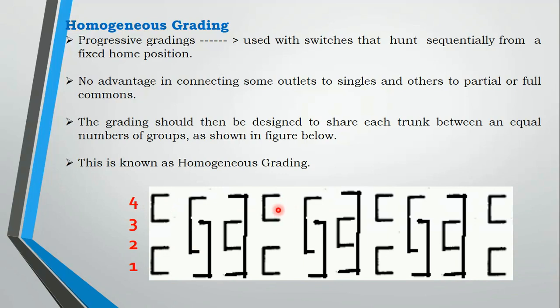So this one is 1, 2 double, 3 double and 4 doubles. And here the non-adjacent connections are, this one is 1, 2 and 3. Similar connections are made, and here this one is also the first connection and second connection. If you count the number of commons and number of doubles, it will be equal. So you can observe here in the above group 1, 2, 3, 4 double connection, and here also 1, 2, 3, 4. So this is homogeneous grading where you have an equal number of connections.